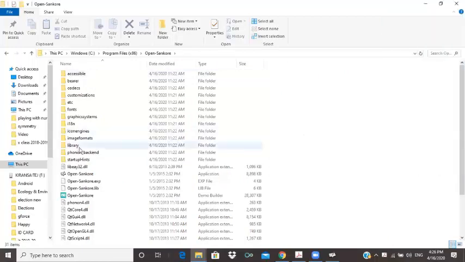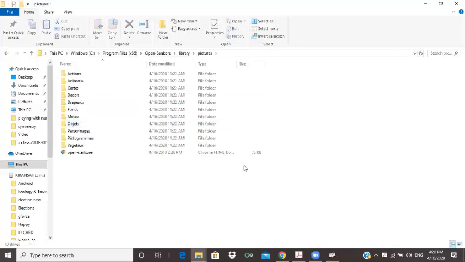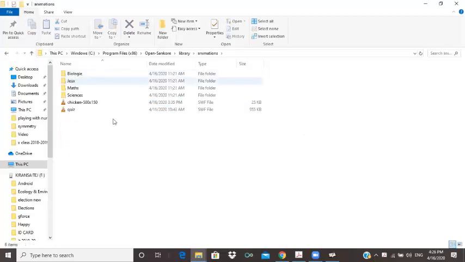Please identify the library folder. Here are animations, applications, audios, interactivities, pictures. If you want to insert different types of pictures, you have to copy and paste those pictures in this place. Otherwise, if you want animations, you have already seen the chicken which lays eggs and moves around.